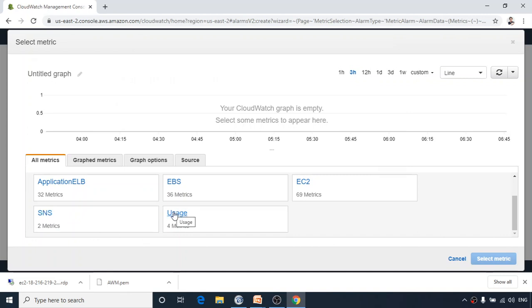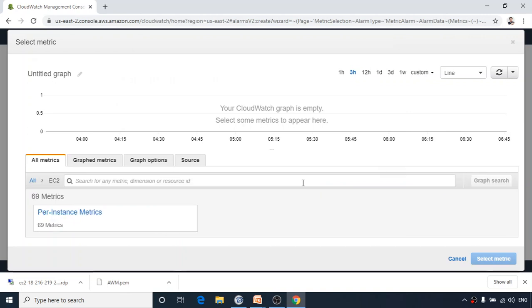On which metric do you want to create the alarm? For me I am going with EC2, because I want to set an alarm on the basis of an EC2 instance running there. So I click on EC2. Now within EC2 we have some conditions. So I am choosing here per instance metric.